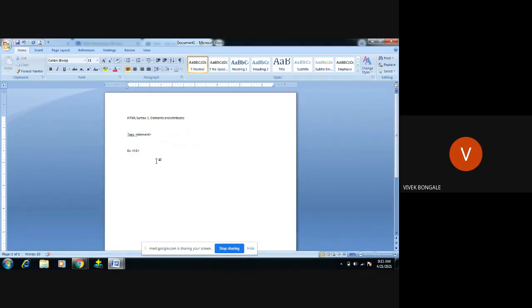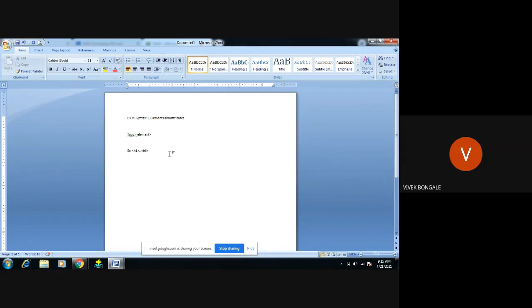The h1 is used for headers. If you want to display any heading part in our document, that data is displayed with the help of the h1 tag. We can have up to h6. The h1 will have a larger and bolder font size, and h2 will be somewhat smaller than h1. It follows like this till h6, so h1 up to h6.